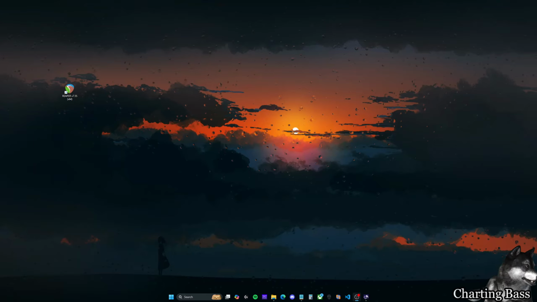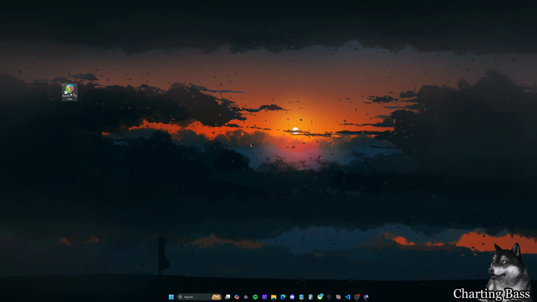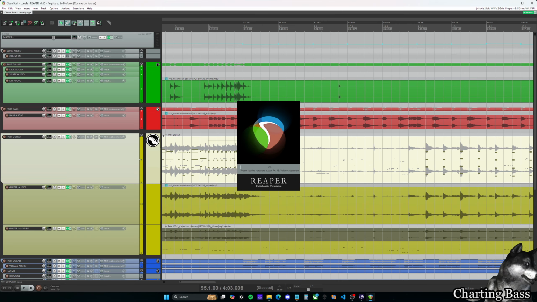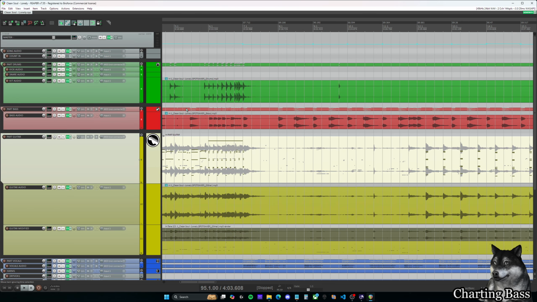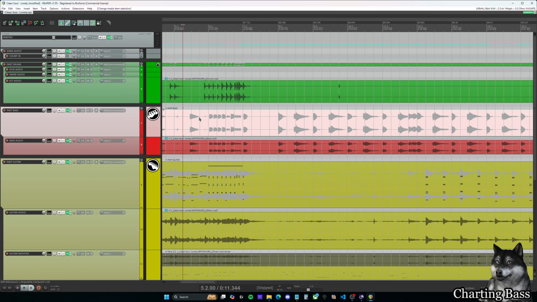Alright, so let's get into charting the bass now. In the previous steps, we downloaded Reaper, so we're going to make sure that's open. We also have all of our stems split already as well, right? So now we're going to go into the part bass track here. This one, expand it. We're going to double click into the part bass track, and we can begin putting our